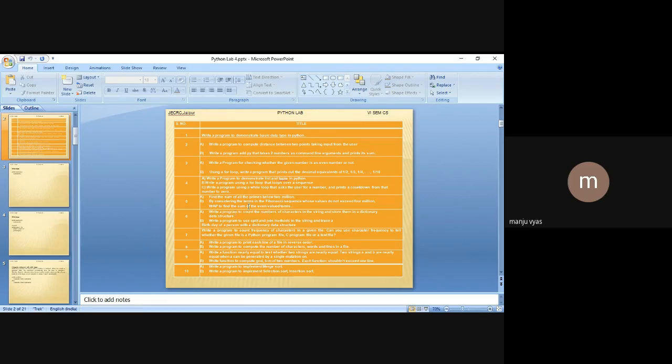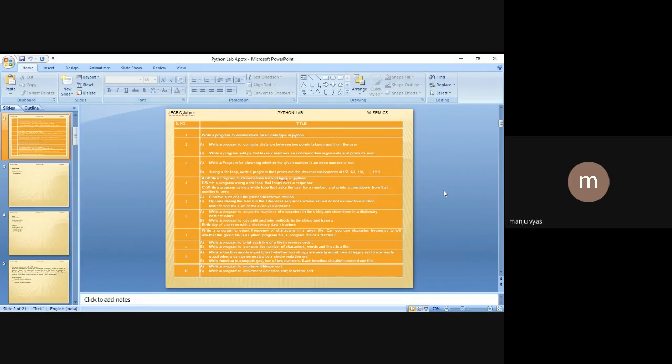In the next lab, we'll be doing experiment number 5, where we are trying to calculate the sum of all primes which lie below 2 million. We'll start with two values first. We'll take the values of n1 and n2. We will calculate the sum of primes and then we'll go to the 2 million part, right? Similarly, Fibonacci series, all of you understand what is the meaning of Fibonacci series. So we will discuss the fifth B program in the next lab as well.